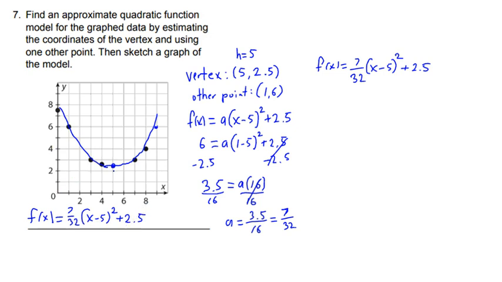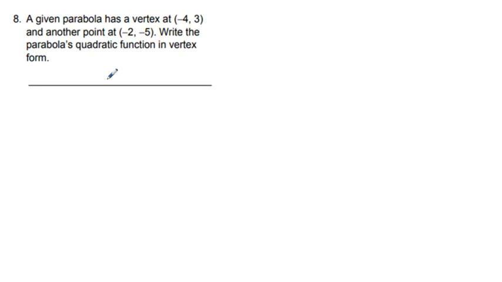Okay, let's go ahead to problem 8. The given parabola has a vertex at -4, 3, and another point at -2, -5. So in this case, h is equal to -4, and k is equal to 3. So our basic function is going to be f of x equals a times x minus h, so x minus -4, squared plus 3. And minus -4 is the same as plus 4,